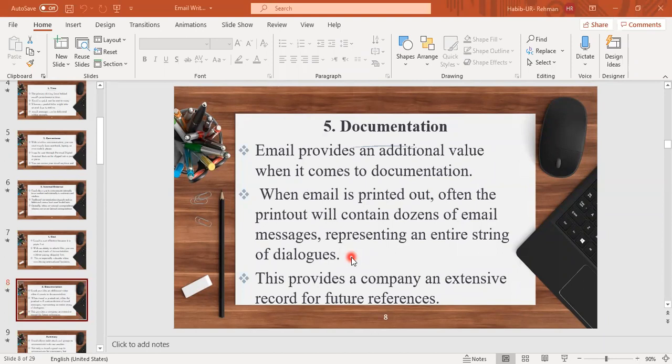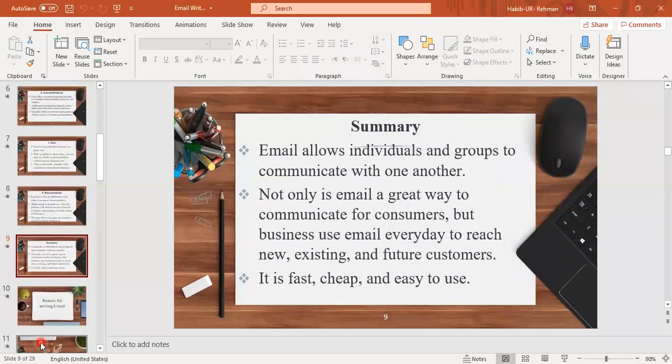But in the case of email writing, you do not need any office or room to save your documents, because the websites providing email give you paper free documentation in the browser, with whatever application you are using. So that's why documentation is very easy as far as email writing is concerned. That's another importance of email writing. That's why we tend to use email, and we prefer using email rather than using other mediums.